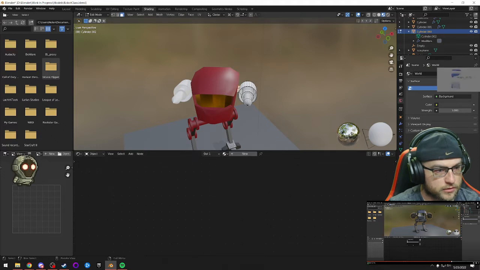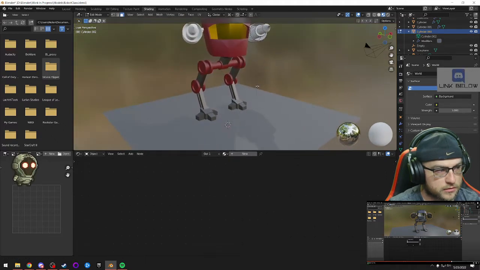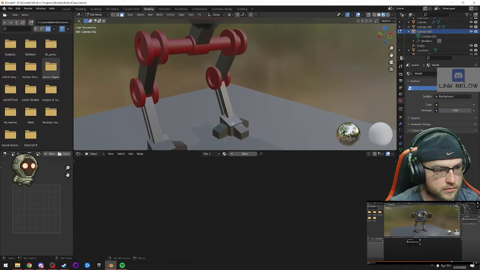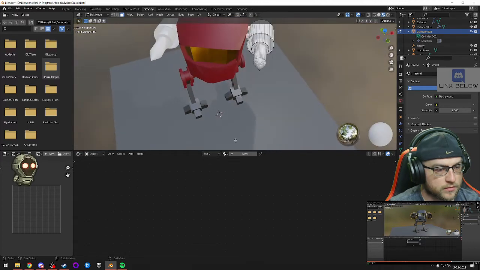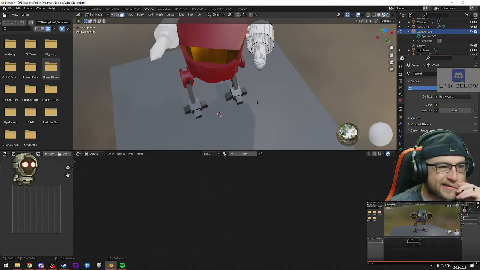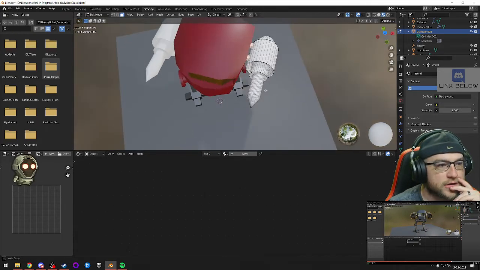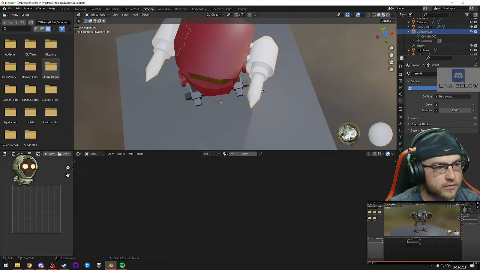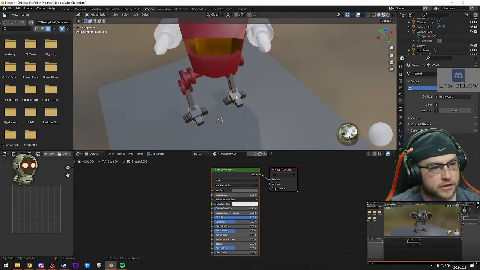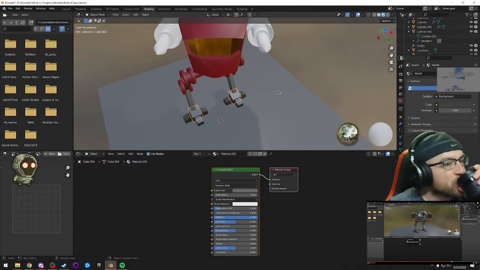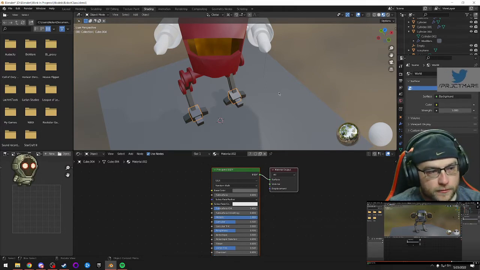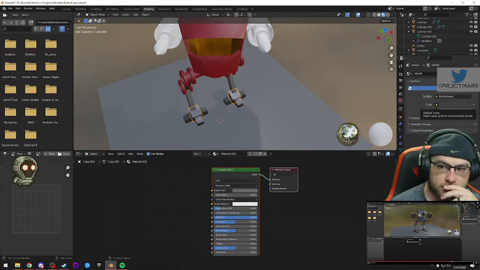Can we click on this? I don't know if it's going to let. Wait. Yeah, it's going to select the whole thing. Okay. Never mind. So I think what we'll do is just